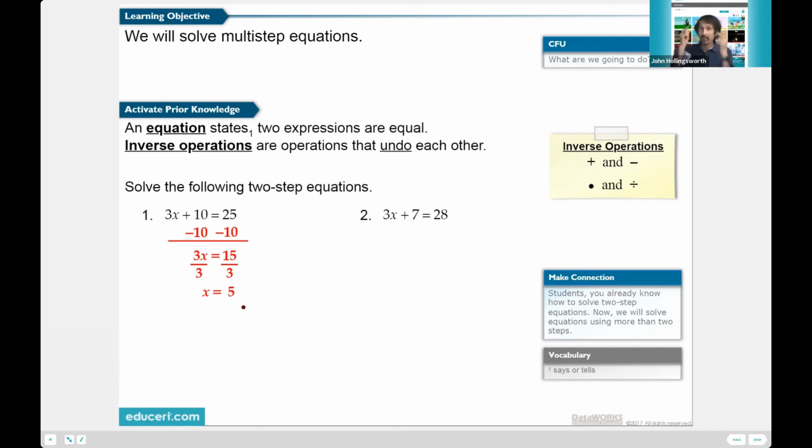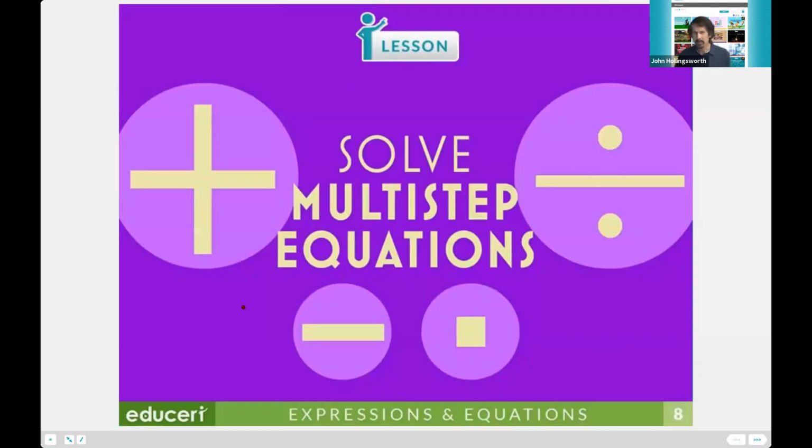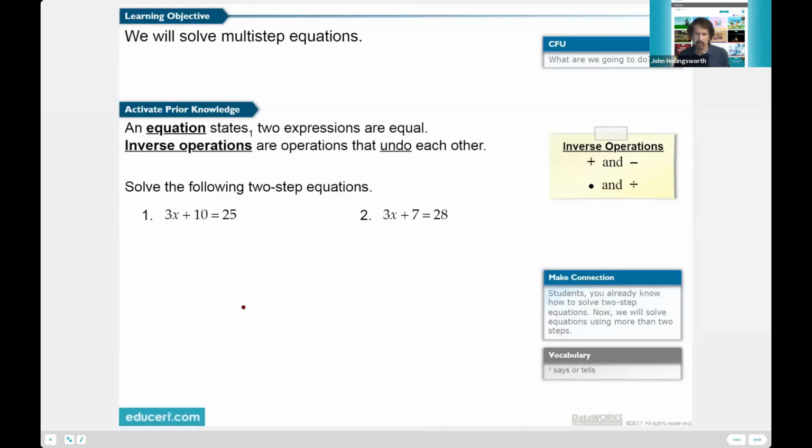To do this, you have to model your thinking. If you just go up here and say, okay, so I'm subtracting this, then I did this, and now I've got my answer, I didn't model any thinking. So I think you heard what I did. I said, I've got 10. I need to what? Undo the 10. I even pointed over here. And then I said, now I've got 3 times x, so I need to what? Divide. And I did that. So the question now would be to ask somebody how I did it. So I know, Norman, you're the math teacher, aren't you? Can you explain these numbers? How did I solve this problem?